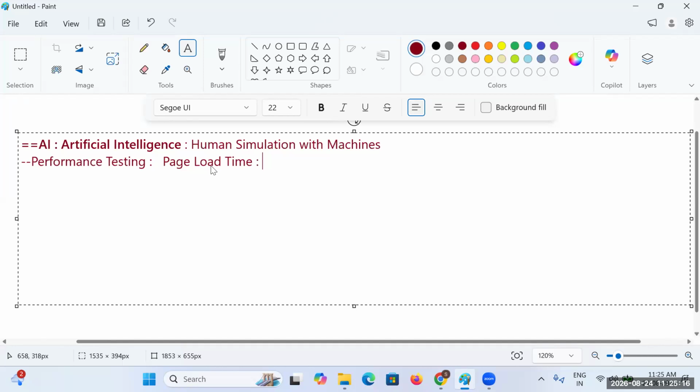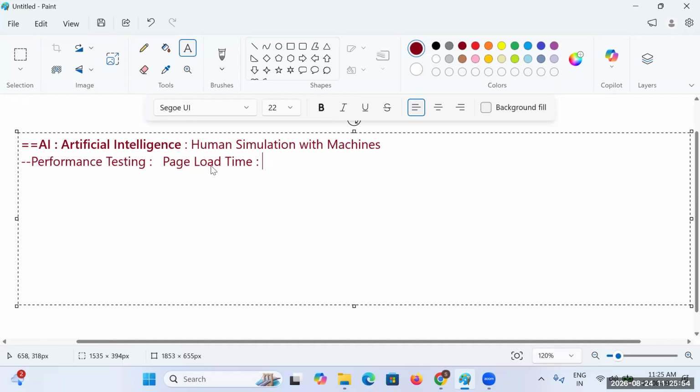Yes or no? No, right? There is no use at all. Performance testing means you have to continue with hundreds of users, thousands of users. Then only can you go with performance testing.